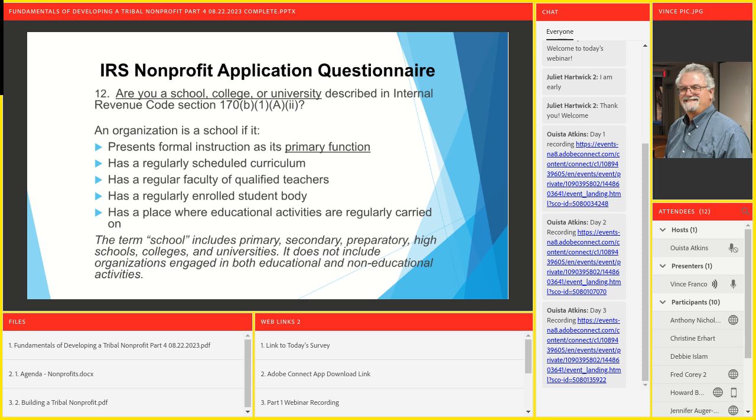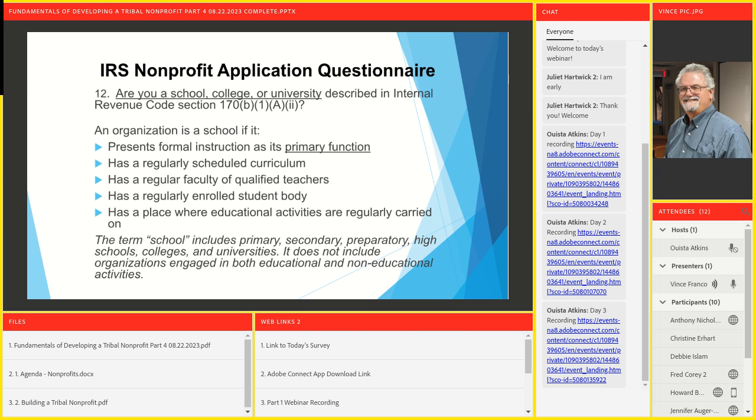Then it gives some definitions defining what a school or an institution of higher learning is. Those entities present formal instruction as their primary function, not just for the purpose of giving scholarships or stipends. They have a regularly scheduled curriculum, and they develop curriculum, or they pay for it, or they host some kind of curriculum building process.